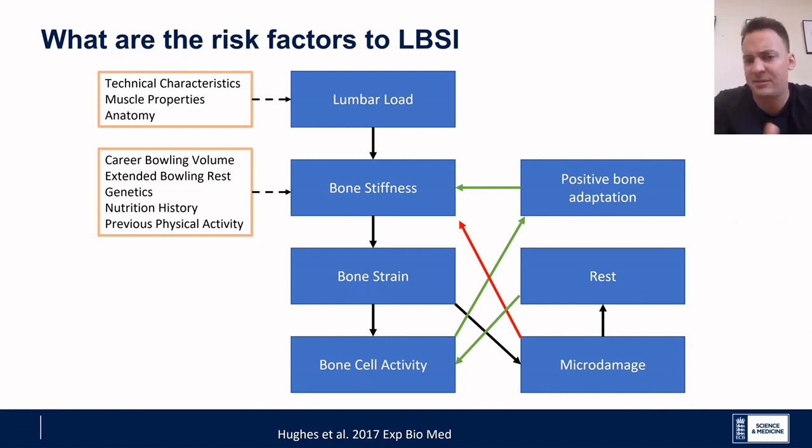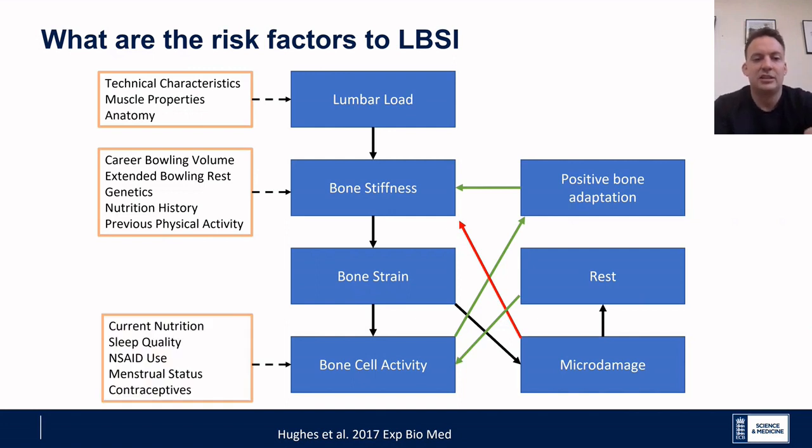So playing loads of different sports seems to have much better bone outcomes than those who just focus on a single sport. We also know from our work in our injured players that a bout of extended bowling rest has a negative effect on bone stiffness. So if we're looking to enhance bone stiffness properties, having a big break from bowling isn't